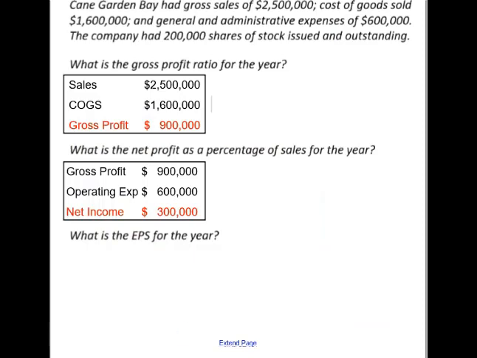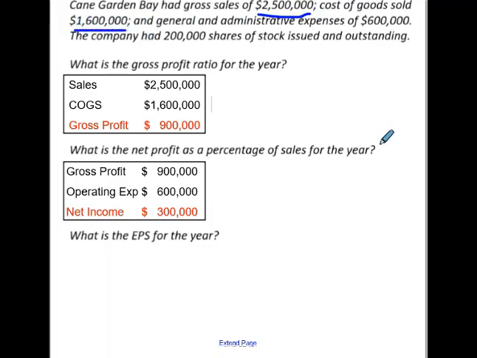Now let's take a look again at a word problem. In this case, we have a company called Cane Garden Bay. Cane Garden Bay had gross sales of $2.5 million. So that's their total sales. Their cost of goods sold was